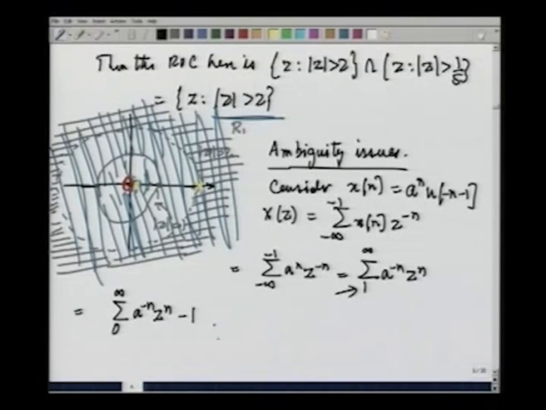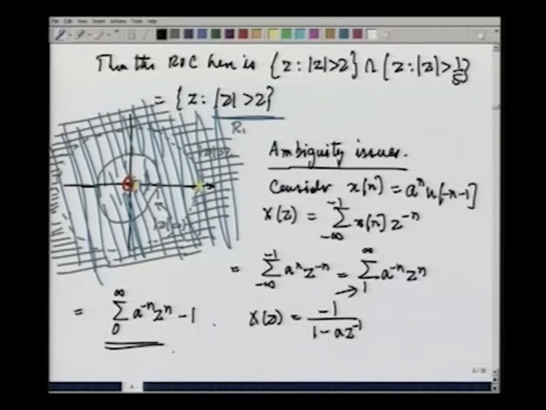Thus, you get, after simplification, this expression we know how to expand. So, after we simplify everything, this comes to x z equal to minus 1 by 1 minus a z inverse,